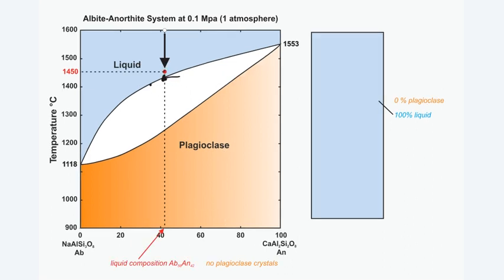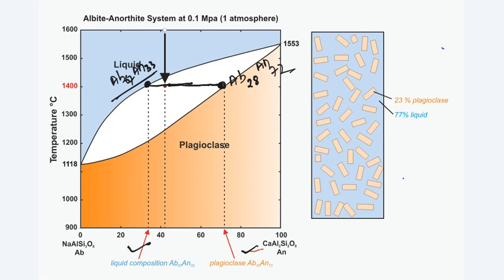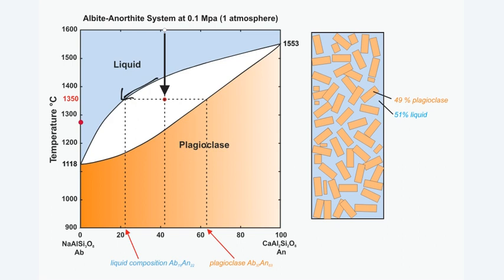Initially, the initial composition is albite 58, anorthite 42. Initial composition. So now it will crystallize like this. With falling temperature, crystallization progresses and liquid will convert to plagioclase. The amount of solid that forms here, suppose this plagioclase,